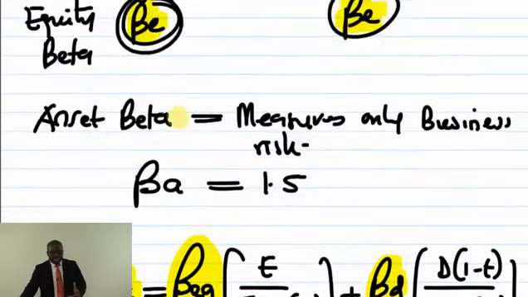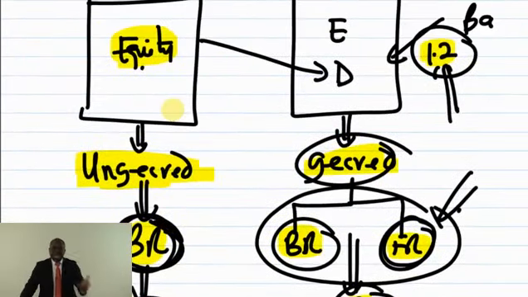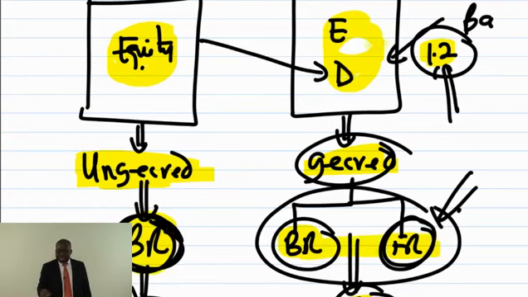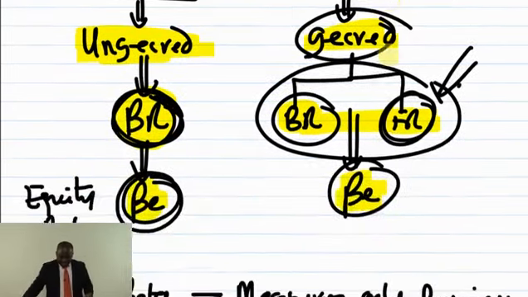So calculate the cost of equity before and cost of equity after. I will pick this beta, put it in the CAPM, and it will give me the cost of equity now. But I can't put that beta here to get the cost of equity here. I would have to convert only that asset beta to bring in the financial risk, in order to get the beta here to calculate the cost of equity that will reflect both business and financial risk. This is the calculation of betas that we need. But you don't need the beta from scratch.